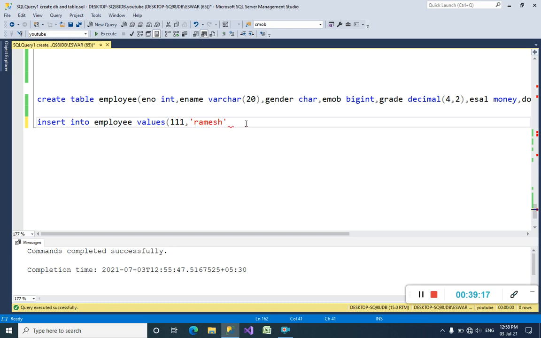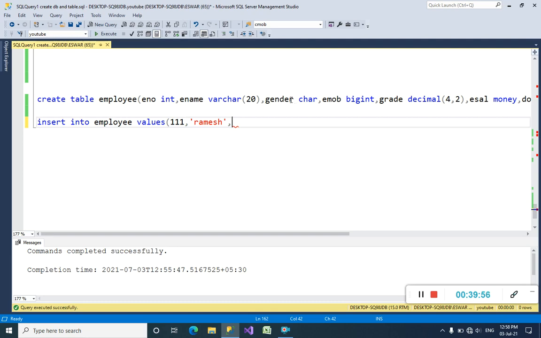When you want to insert char or varchar string data types, you must write that string inside single quotes only. Otherwise we cannot insert that value.